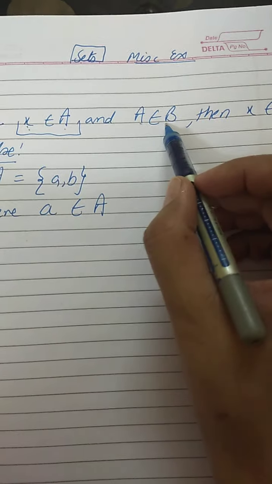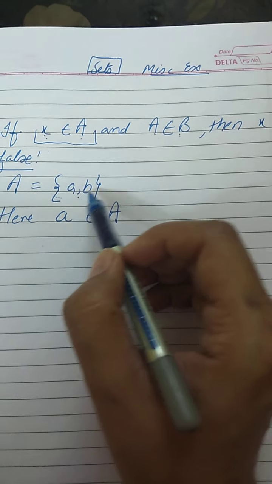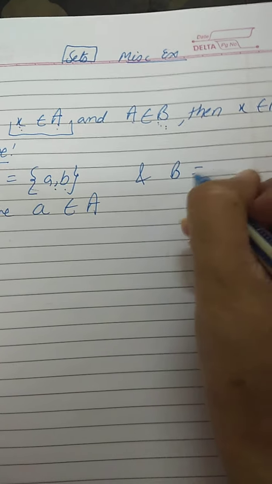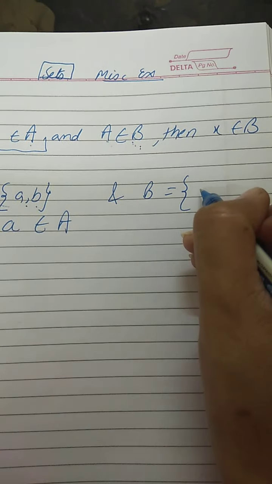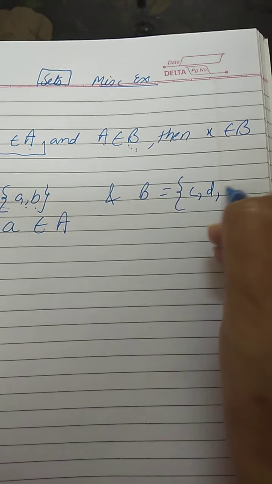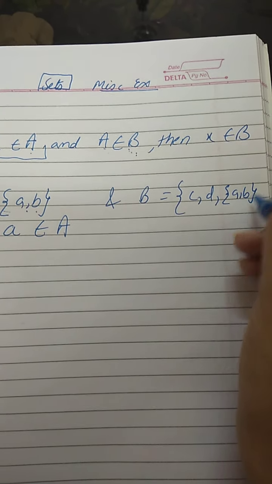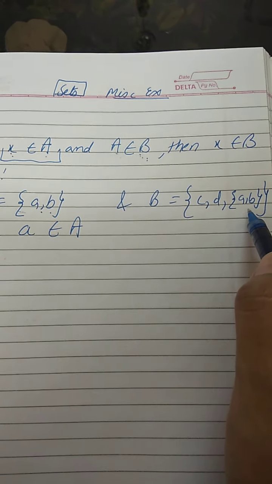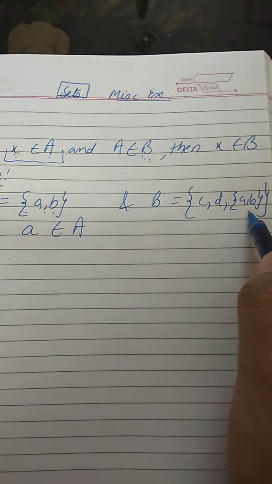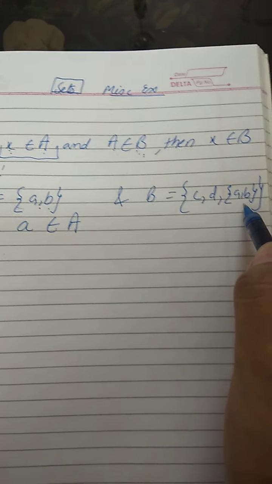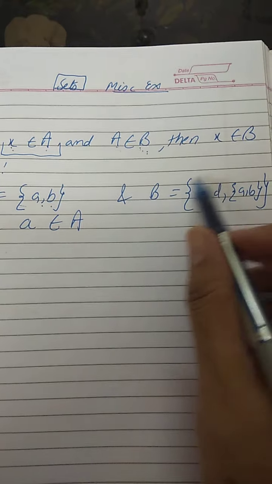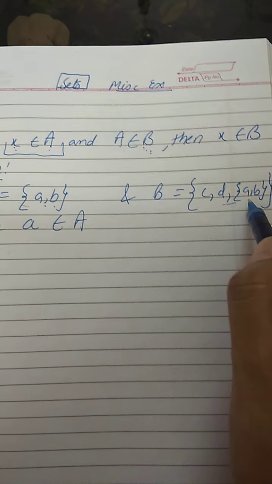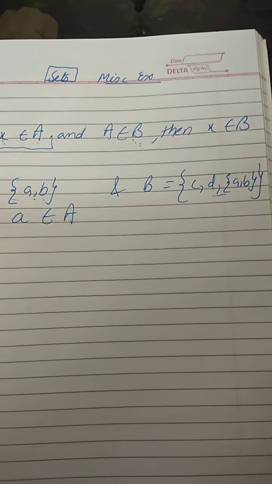Now we have to take A belongs to B. That means this whole set A should act as an element of this set B. And let us take the set B as it will be having c, d and {a, b}, this set as an element. Do you remember we have done one sum like this in the concept of subsets? I think it was the second exercise or the third exercise of the chapter, where the subsets topic was there and one particular sum was there where one element was given like this. It was {1, 3} or {3, 4}.